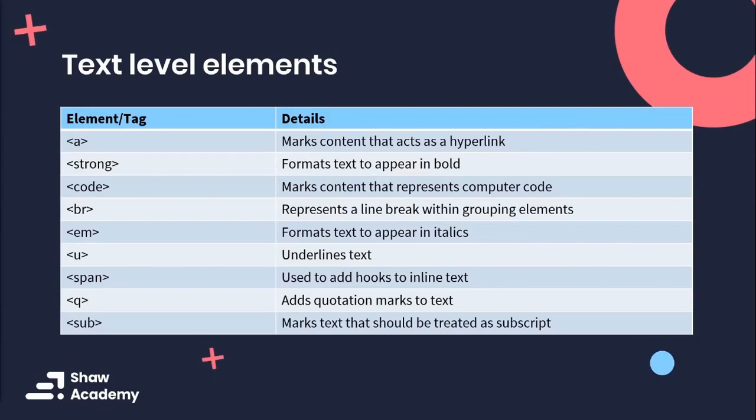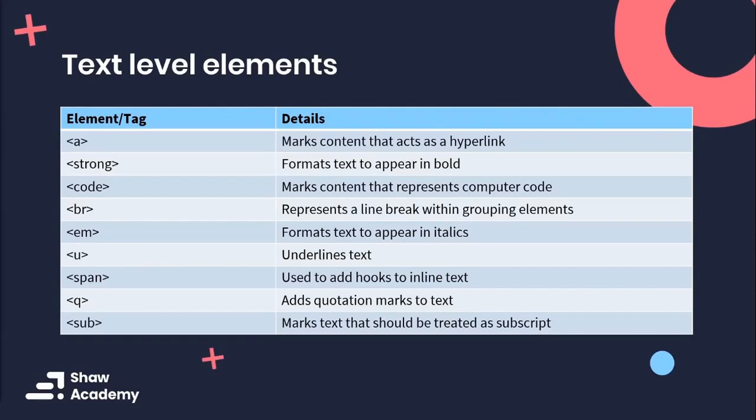for italics. We also have the underline, and we can do this by simply referencing the U element. And then we have the span tag. Now, the span tag is quite powerful because the span tag allows you to add hooks into inline text. And that essentially means you can separate a piece of text but keep it in the same line using the span tag and taking that one specific piece of text that you want to style,